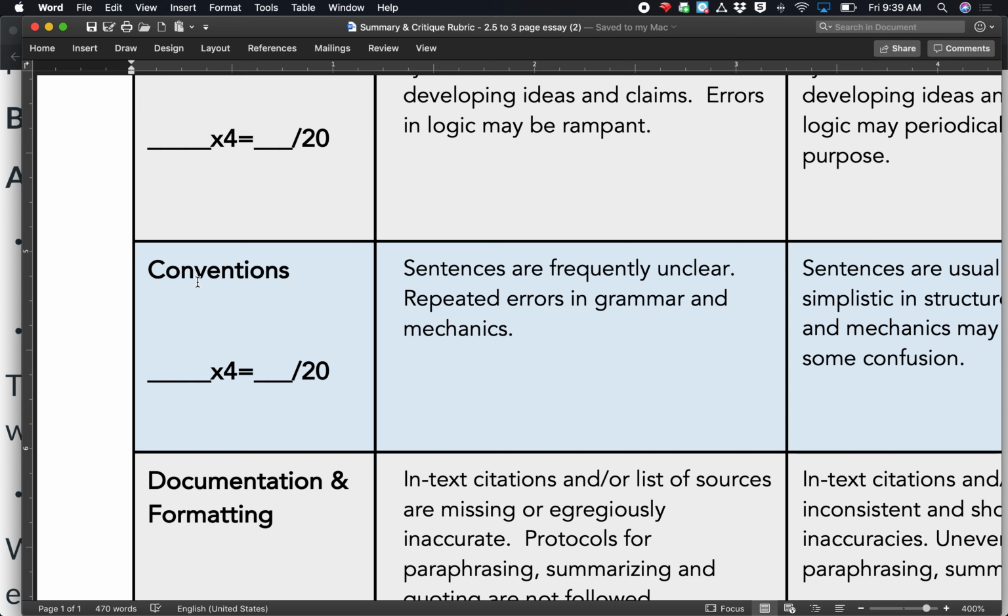By and large, this is more of a problem than I wish it were, and I don't think it's a lack of knowledge. Well, sometimes it's a lack of knowledge. Sometimes problems with conventions are a result of laziness. For instance, I read a timed essay where the senior in high school failed to capitalize the U in United and the S in States. That's just pure laziness. So fix your conventions. Don't let it be a problem with laziness. If it's a problem that you just don't know how to do this, great. Look it up. Ask me. I'll help you. But don't let that become a problem because of laziness.